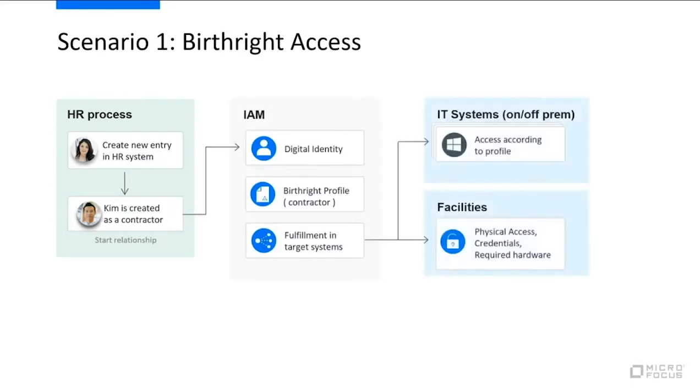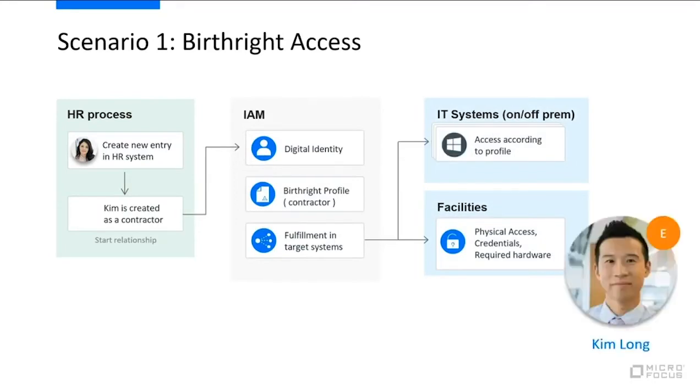So once Kim is created in the HR system, we immediately pick up on this event in our IAM solution. We create him a digital identity, and because he's been defined as a contractor, we provide him with a set of default access. And this is because we've defined contractors as needing some sort of access to get started on day one, so that we're not having to do approvals or requests for every access that he may use in the future. And the great thing about all this as well is that it's not only in our IAM solution where this access is provisioned, it also flows downstream into connected systems, whether that's on-prem or in the cloud.